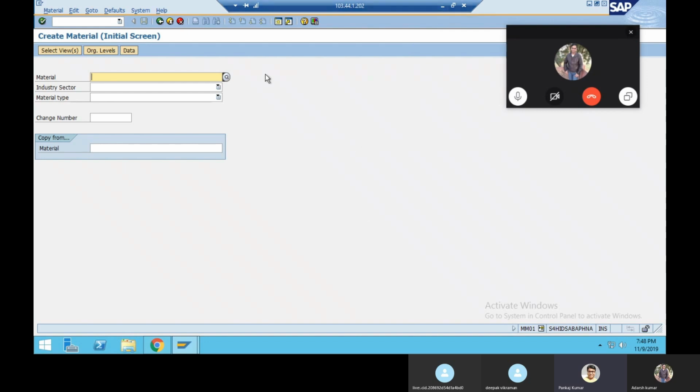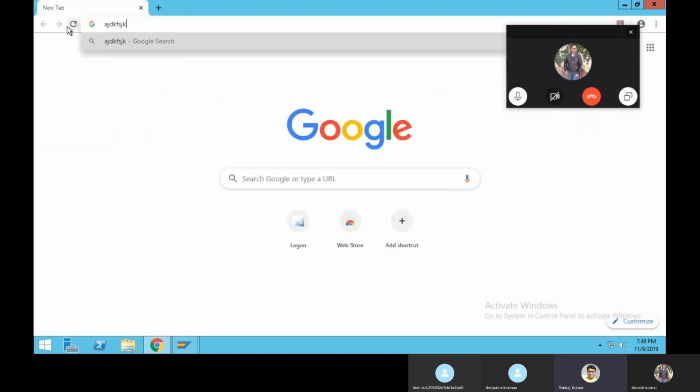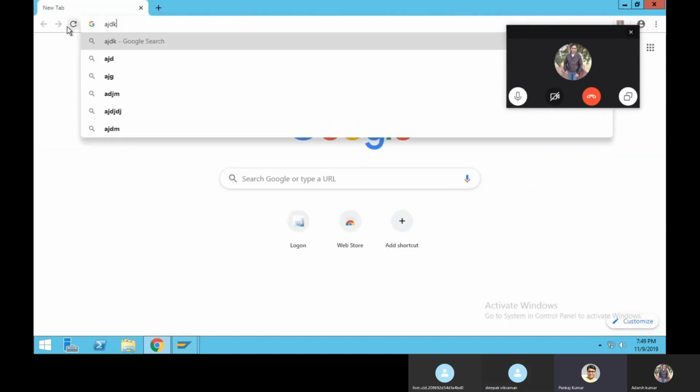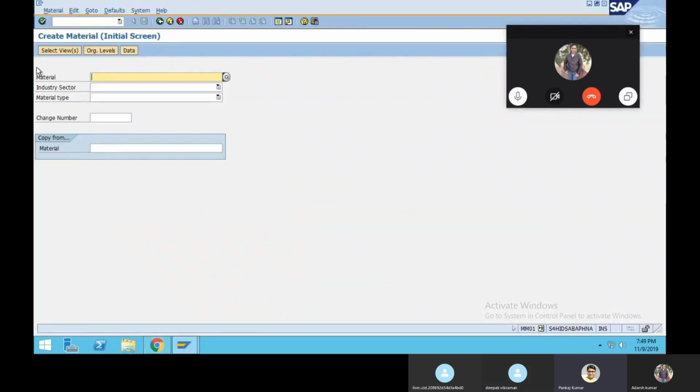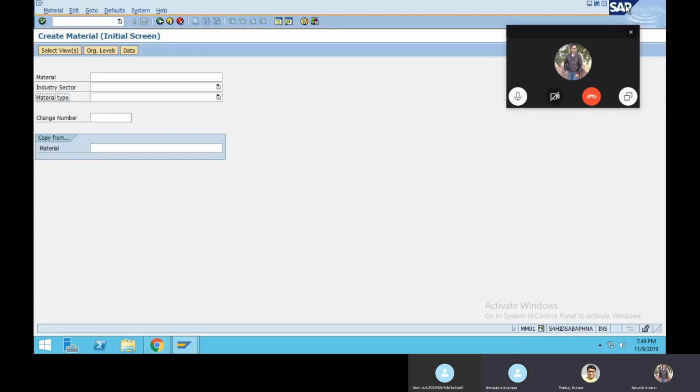So now you can integrate the SAP backend with SAP UI5, that means the Fiori front end, and just give that URL. You just go there and click, and you will see a nice screen, not like this. There is also the option for material, industry sector, all of that, but it will be very beautiful, and from there you can create.